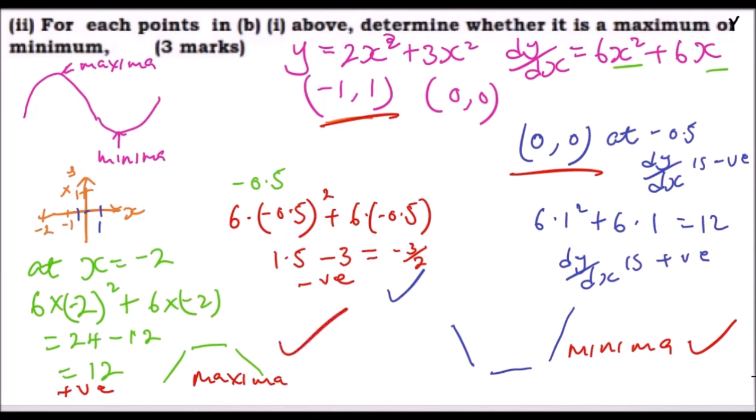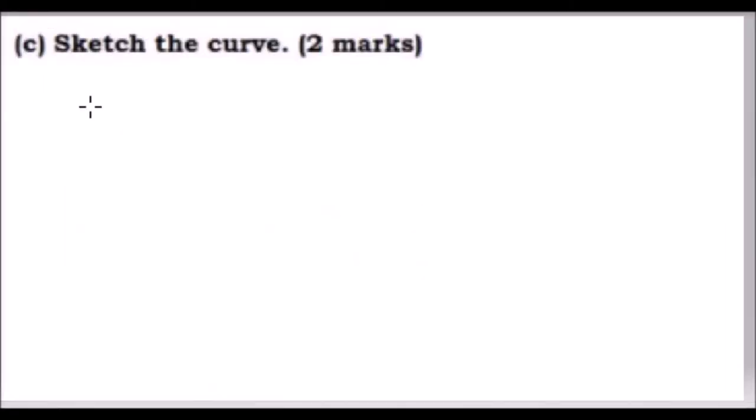So that's how you determine whether a point is minima or maxima, and you get yourself 3 marks. That should not take you long. It's only that because I'm revising this question, it should just take you maybe 1 minute or 1.5 minutes to determine that. Part C, you are told to sketch the graph, and remember we have said that at minus 1,